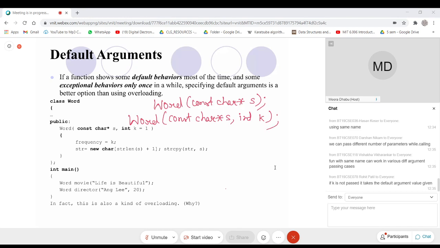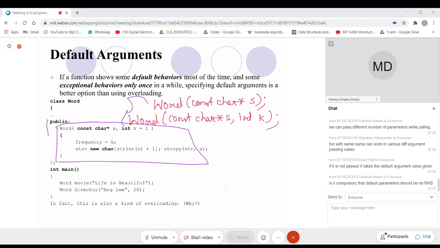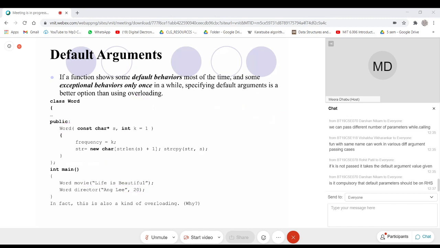So this member method can take any form out of these two forms. Okay, here is the example. I hope everyone got it. Any query?